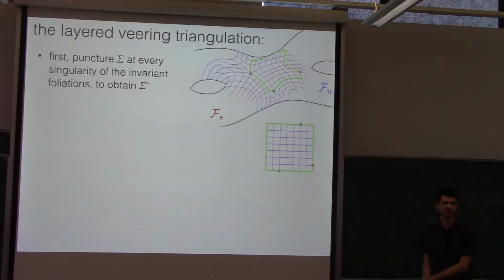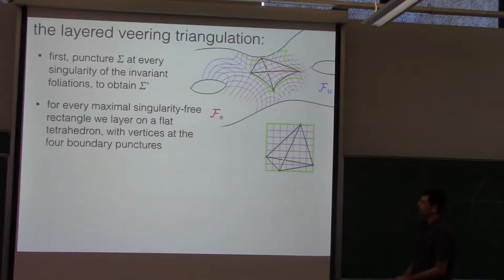using the quadratic differentials. So I have, well, I guess before I start, I need to puncture all of my singularities of my foliation so that I get more punctures on my surface. So I've changed my surface, so the mapping torus I get is actually going to have more cusps than if I just use my original surface. I can't get around that. I have to do that in order for this to work. So once I puncture all my singularities,